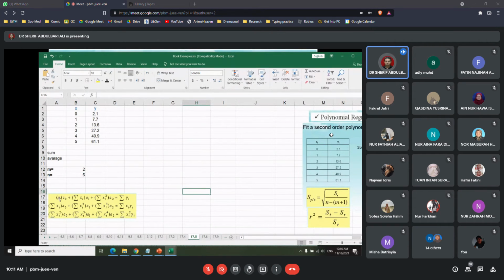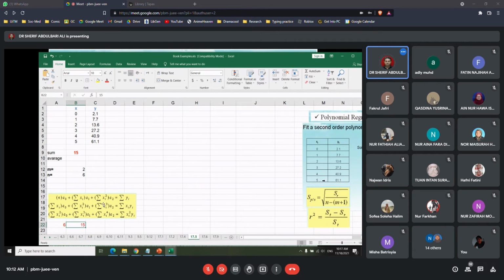So now I find the value of n, it's equal to 6. Okay. The first parameter in here for this matrix, I need to find the summation of x. So that means I need to find the summation of this column. The summation of this column is equal to 15. So here I'm going to put the value of 6, and here I'm going to put the value of 15